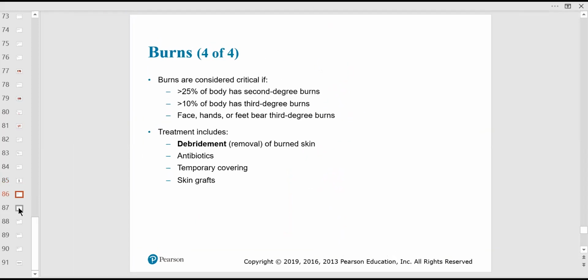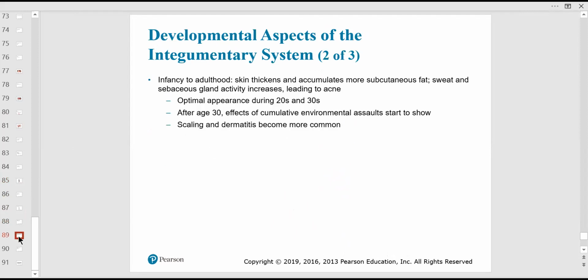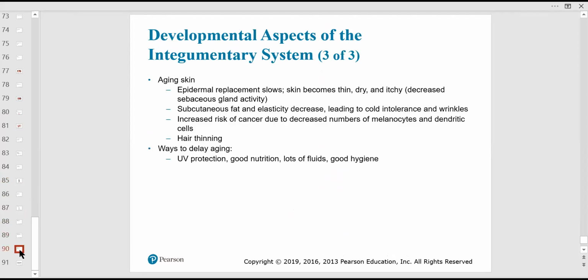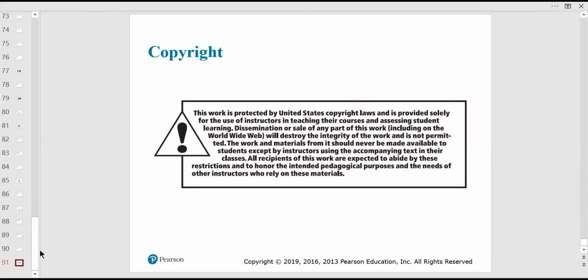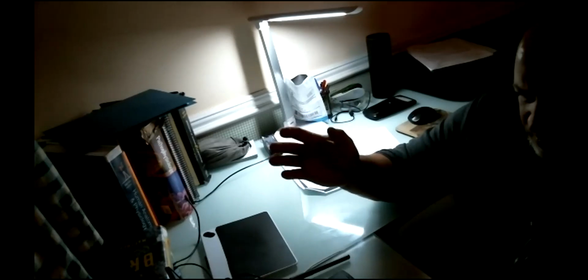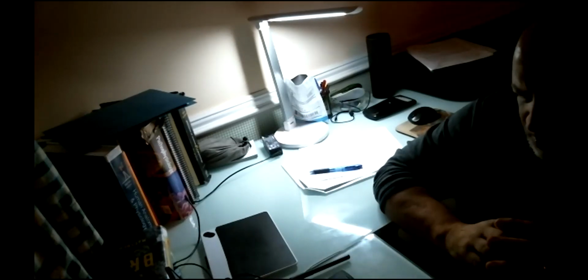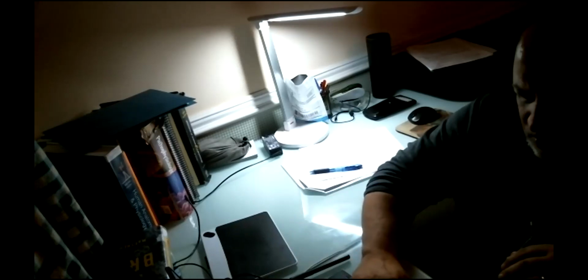So this is about treatment of burns, and I'm not going to do the rule of nines. We're not going to do that, okay? And what this other stuff is here, I will keep it off your exam, okay? So basically with the integument, we're going to go through a little bit more in lecture, but know the model, know all those parts that I told you about. Other than that,